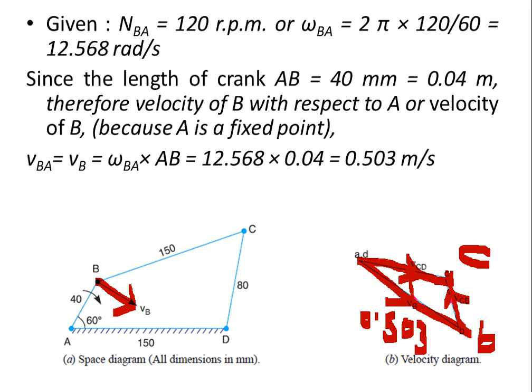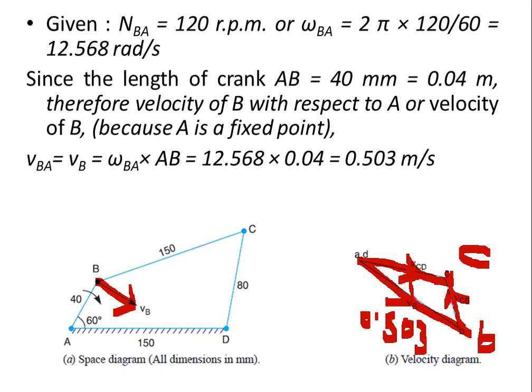Okay, sir. Has anyone completed? Tell me the values you got from B to C. Now you have to measure the values of B to C and C to D. The same way you got 0.503, in the same way you will be getting the values of B to C as well as C to D. So those values will be nothing but the velocity of these links. What you will be getting now, the small bc and the small cd, they are nothing but the velocity of these links. Okay, so tell me the values.